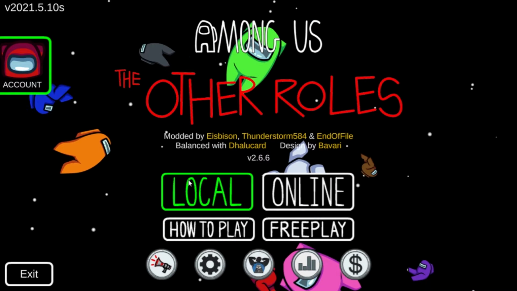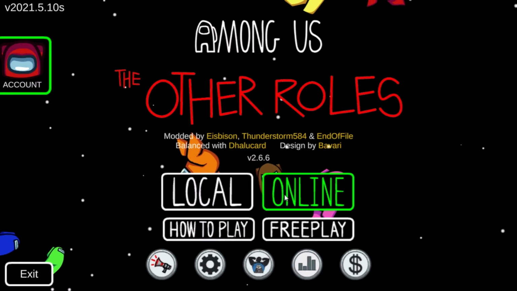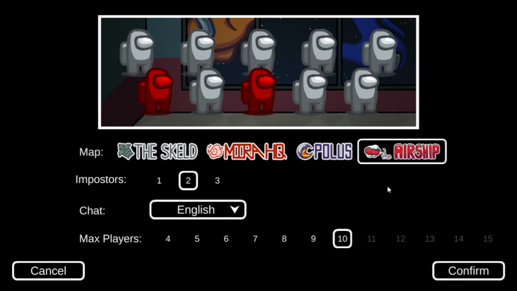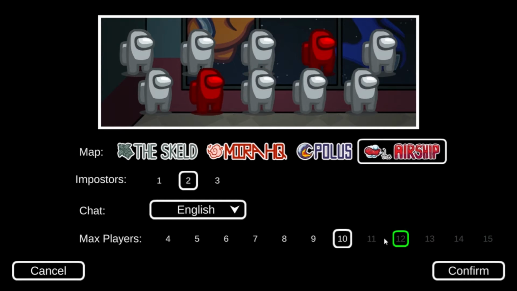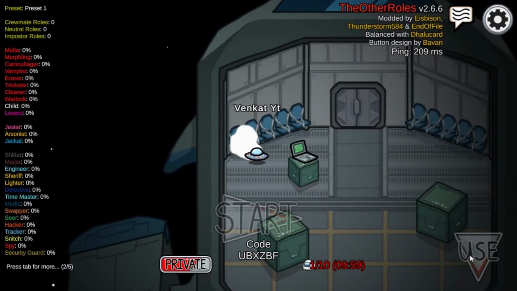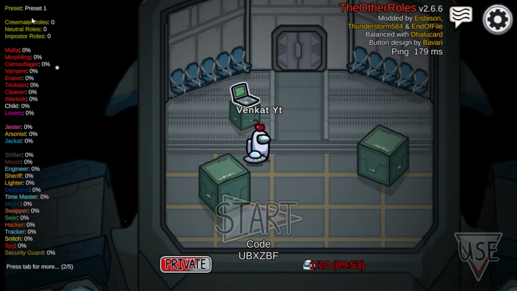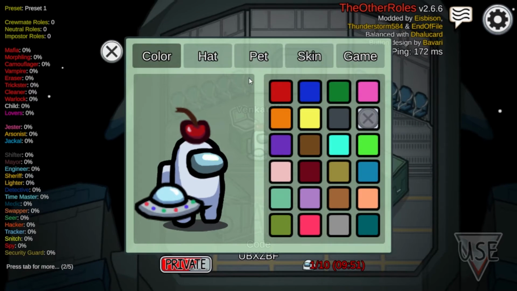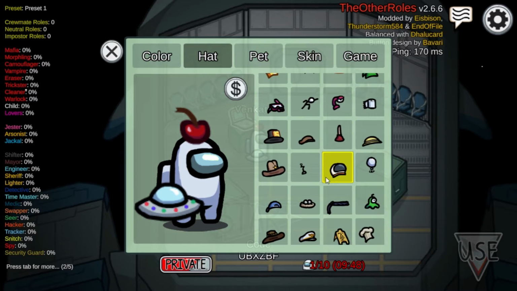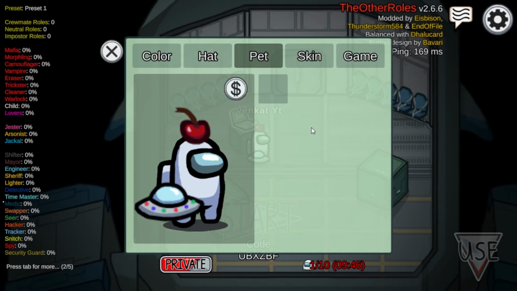So let me create a lobby and show how many options there are and what other stuff they have included in it. Let's go. So in this mod you can go with 15, but they are blank as of now, so let's wait for an update so that we can access them in the future. So let's go with 10 right now. Here you can see all the details, those who made these mods, and here are the other things to control mods. So let's see hats. Okay, I can see only normal hats right now.